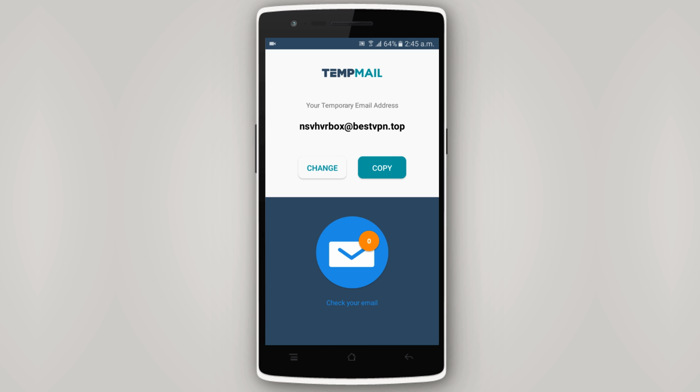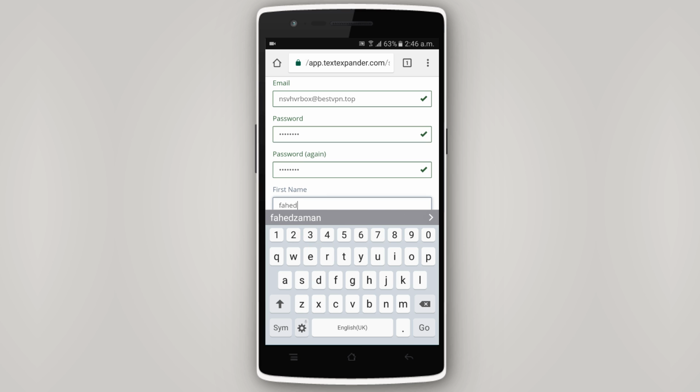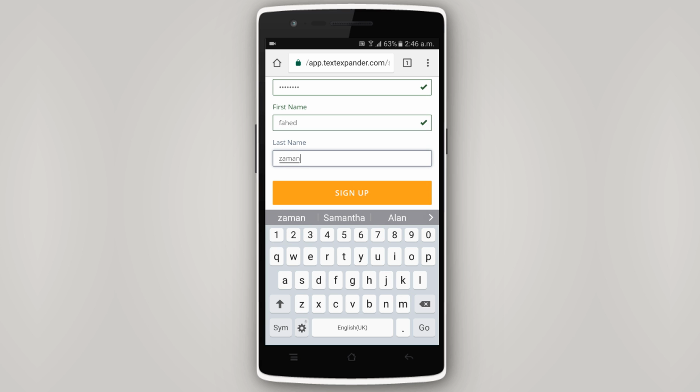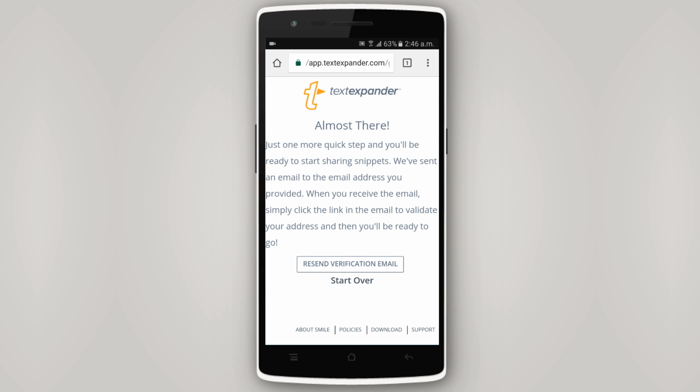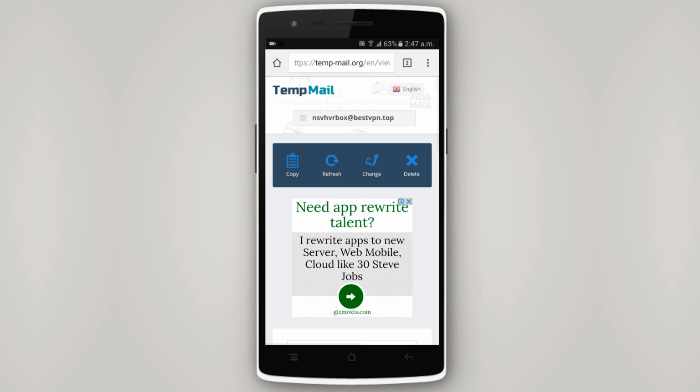You can select any email address, so you can use this email ID to sign in to the service and even verify it. Any email sent to that address will show automatically on the app. You can read them, click on links and verify your account.